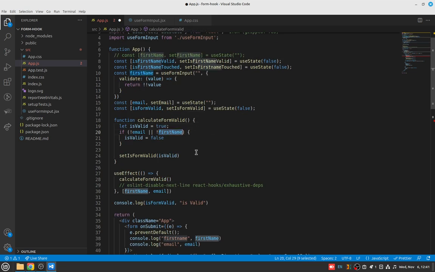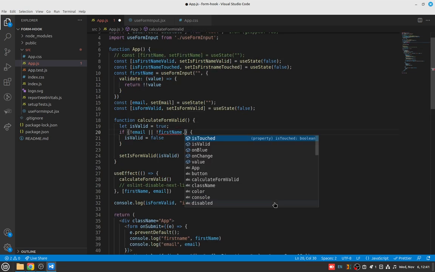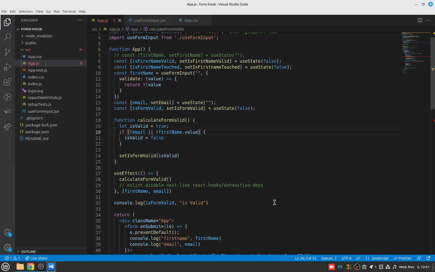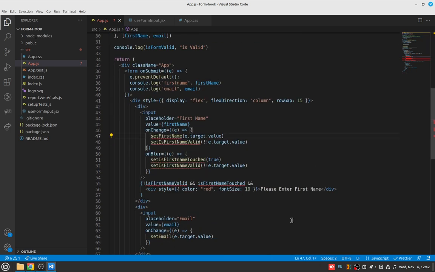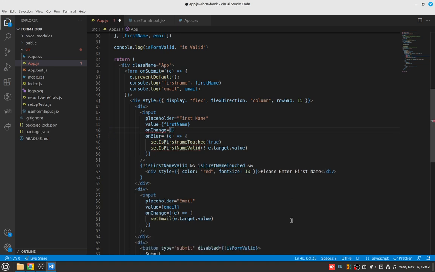Okay, so for this state what we can do, first name dot value is going to be the correct thing now. We will get rid of this is form valid state entirely when we have implemented this for everything. So let's remove this state as well. Now on change we don't have to do anything, we just have to provide